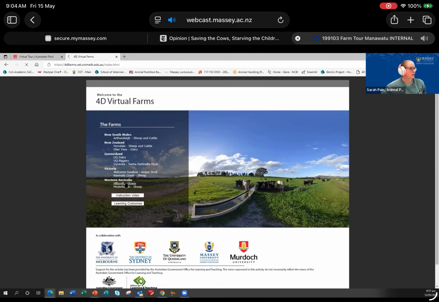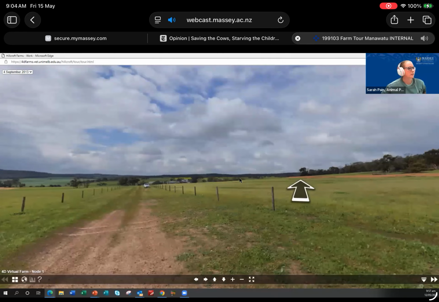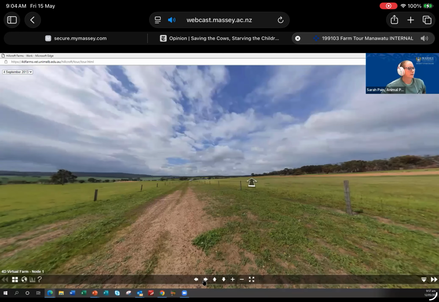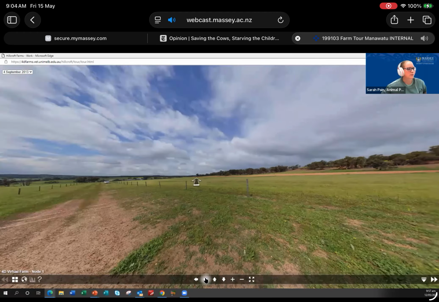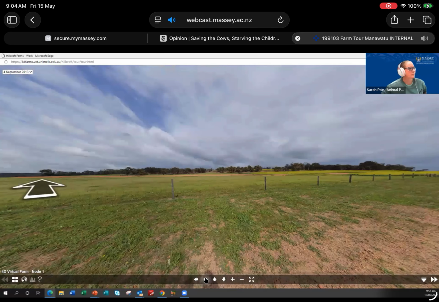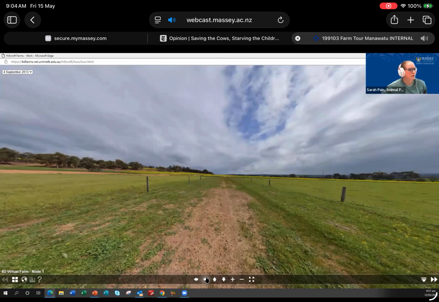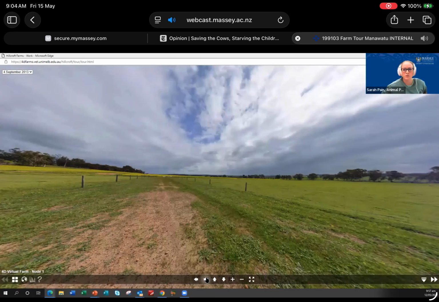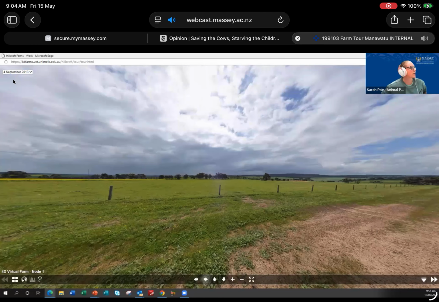Which one? Hillcroft. Let's go to Hillcroft. Okay, so this is a Western Australian farm. So immediately you can see that it's different anyway, but we'll just nip into it real quick and then we'll get to the dairy. Obviously in Australia, not quite as many hills to deal with, so it's typically pretty flat. This is our spring. You can see a crop growing over there. A lot of the time, the sheep farms in Australia have got a lot of crops growing on them as well. But if I just change to December,